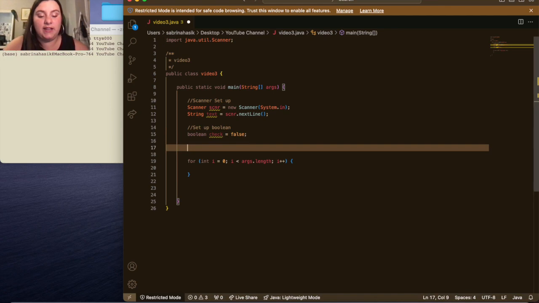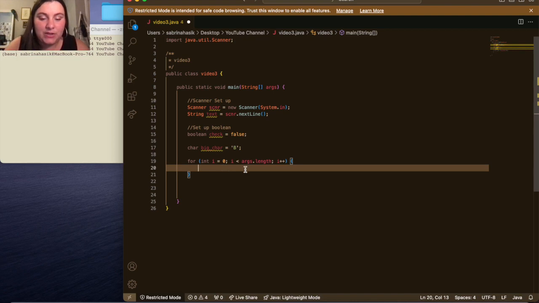But first we have to define what character we're actually looking for. So to set up a character, let's give it a name. Let's call it bigChar, and we're gonna look for B, because why not? Alrighty. So in our for loop, the first thing we're gonna do is set our current character. So as we're iterating through each character in the string, we're gonna call current whichever one we're on right now,